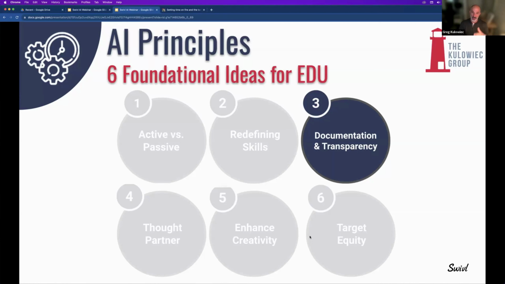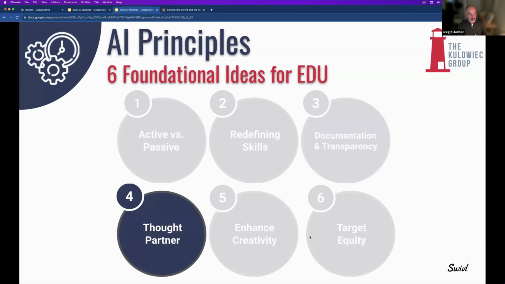It wasn't, we're going to lock this down, you can't use it. It's, no, use it. But it also forced them to be thoughtful about when they were using it. So for every small, tiny little discrete task where it wasn't really needed, why use it if we have to spend more time documenting than just creating ourselves? But when they went in with their own original thought or their vision, then they can use the tool to help them. And it was acting as a thought partner.